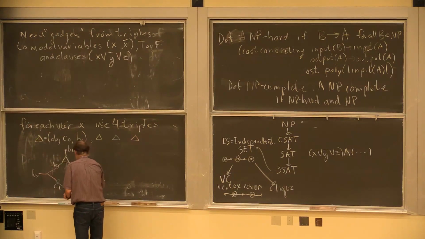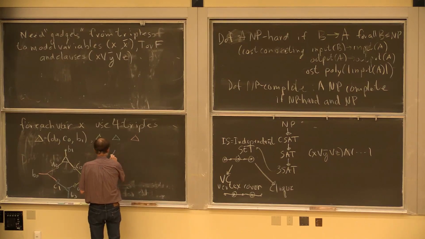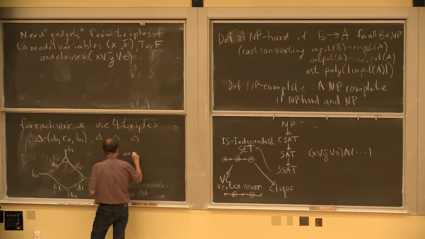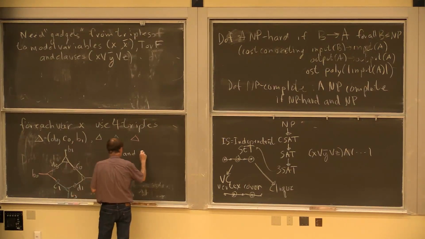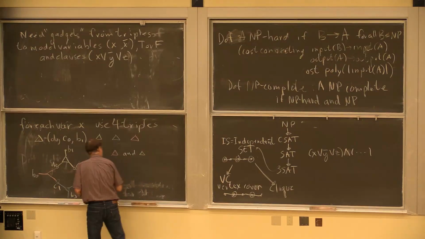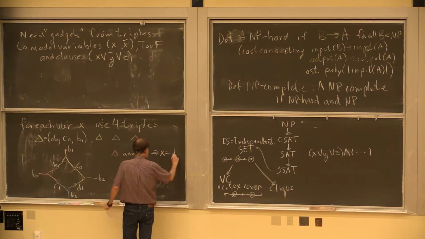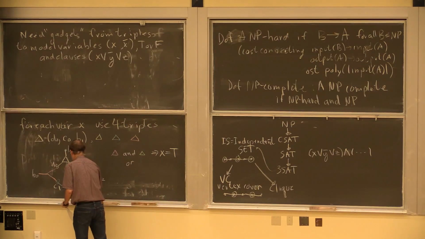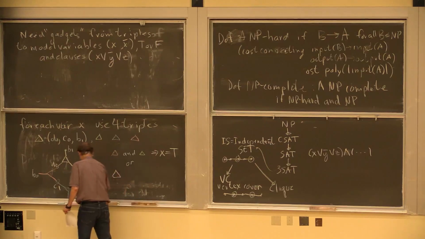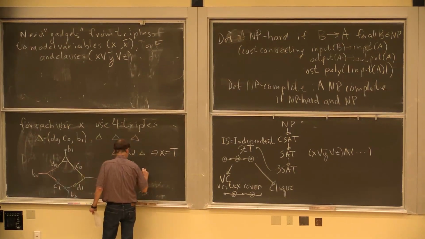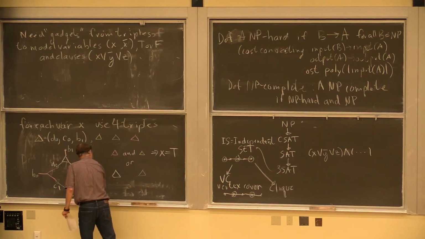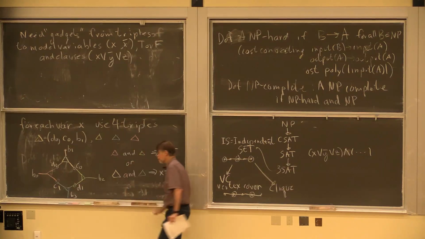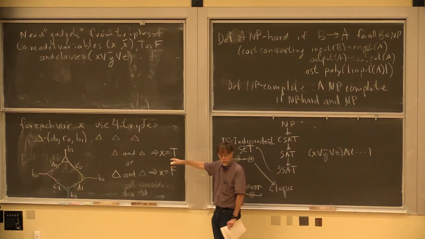And so here is going to be the idea. If I pick these 2 triples, the red one and the green one, that is going to imply that x equals true. Okay, so that's one possibility. Or I could pick the top one and the bottom one, the white one and the blue one. And that's going to correspond to x equals false. Okay, so I'm going to build one of those contraptions for every variable.